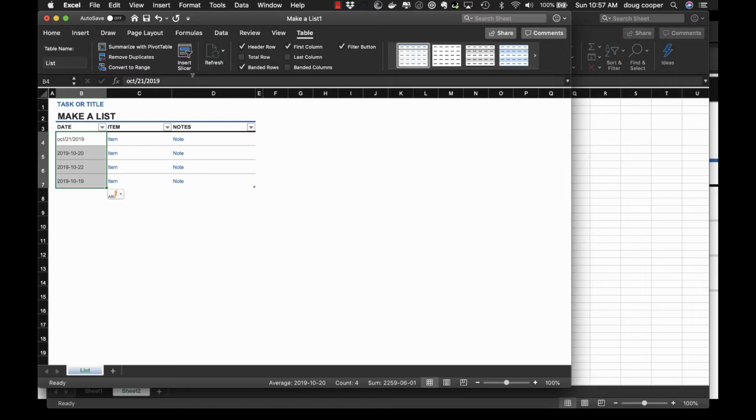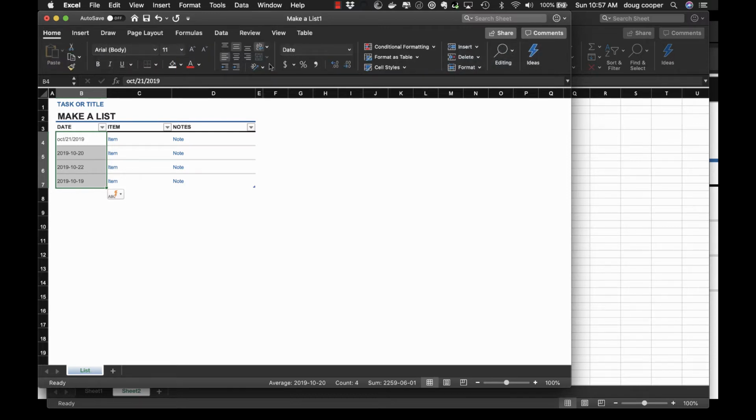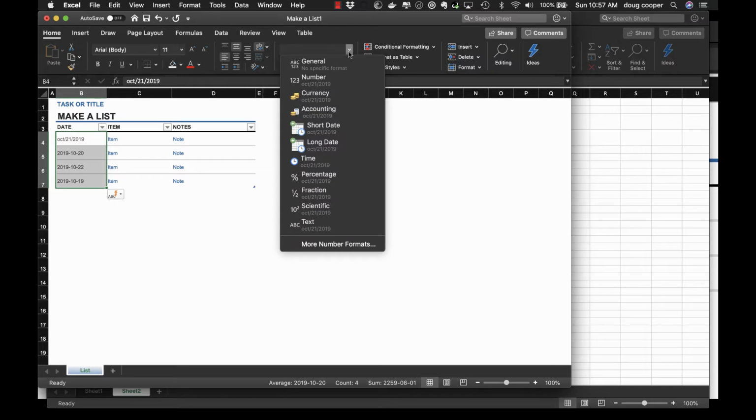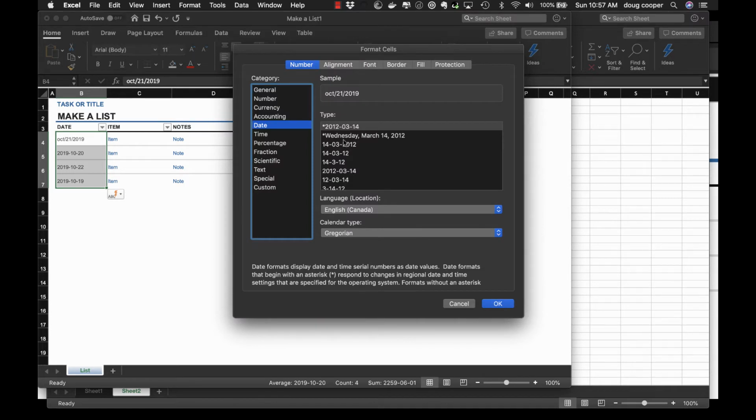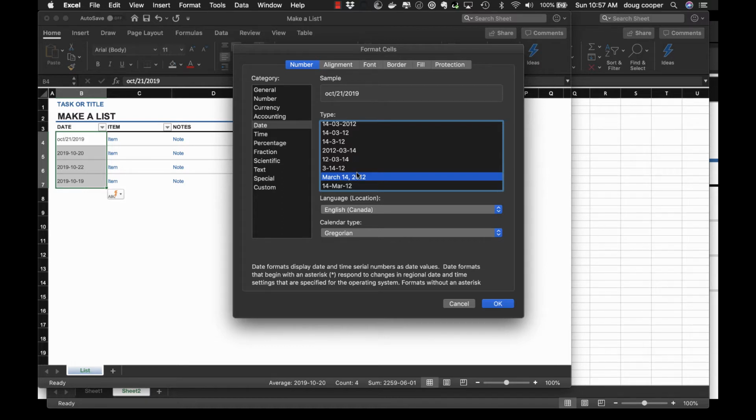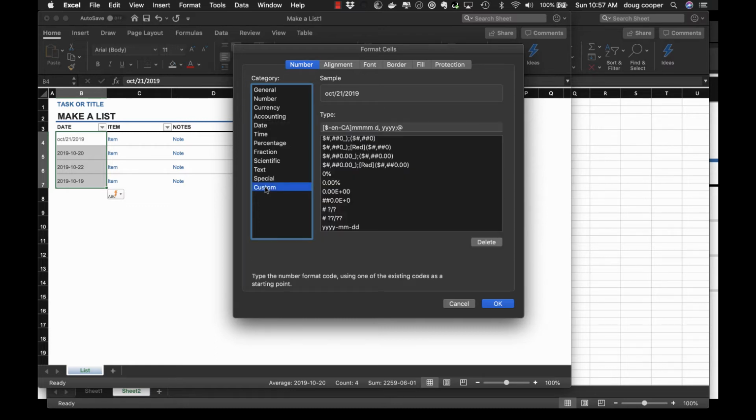Now, this format is not that useful for a list. So one of the things you probably would want to do is go in and change this format. On the home menu, you can go over to the format drop down and look at the date formats that are available to you. So this is the date, and these are the different formats that are available. If we wanted to convert it to this format, it would change the date to the full month, the day, and the comma of the year. Still not that useful for a to-do list,